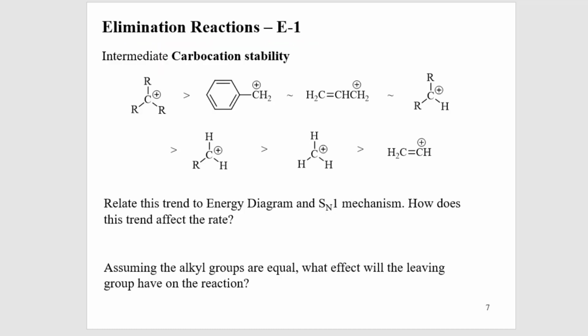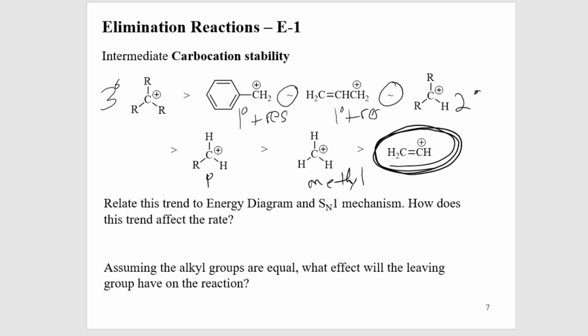Here's that carbocation stability trend that I showed you in the SN1. Tertiary is going to beat out primary with lots of resonance, which is about the same as primary with resonance, with regular resonance, which is about the same as secondary. So secondary and any type of resonance, I would say the only thing that beats out these primary resonance is if you had tertiary with resonance. That would be like the best thing ever. Secondary is better than primary, and primary is better than a methyl. And you know what's at the end of the chain here? The worst of the worst is